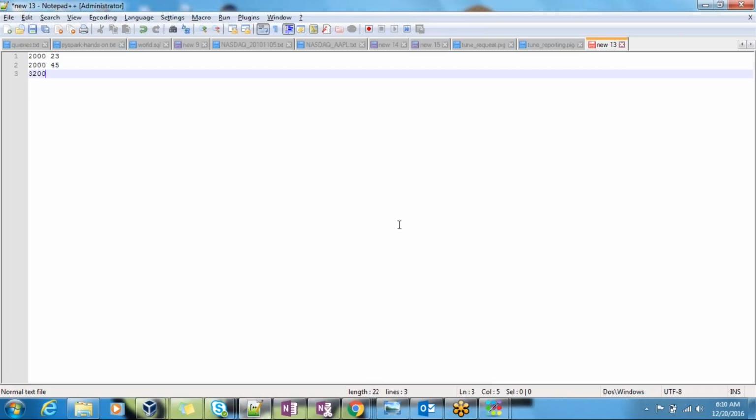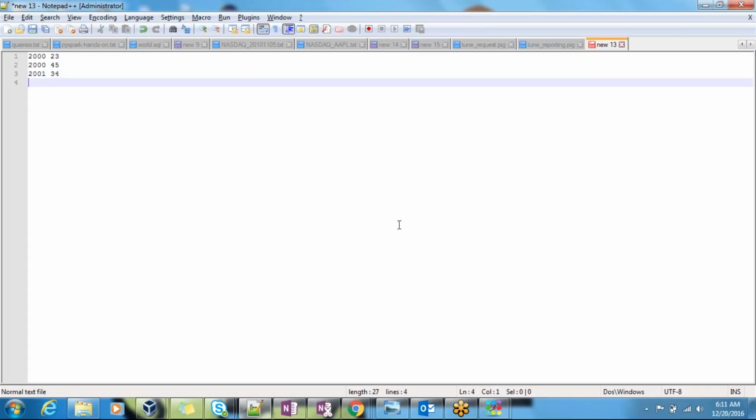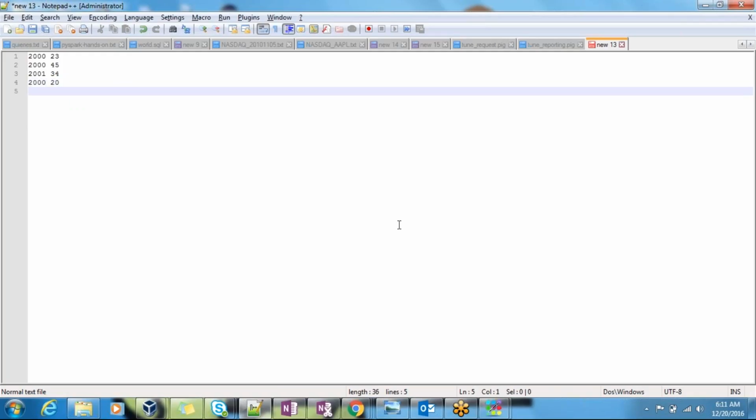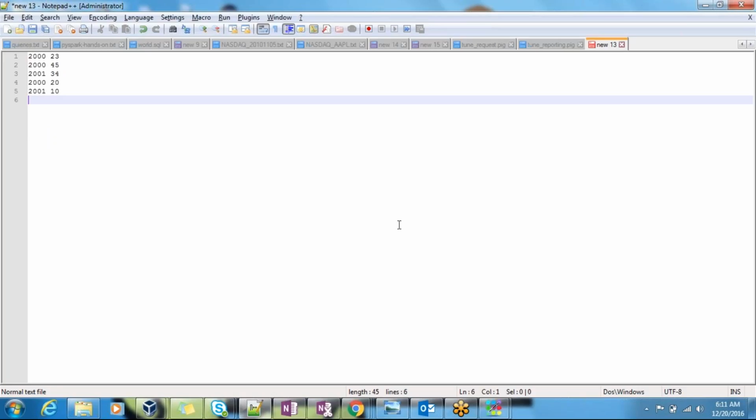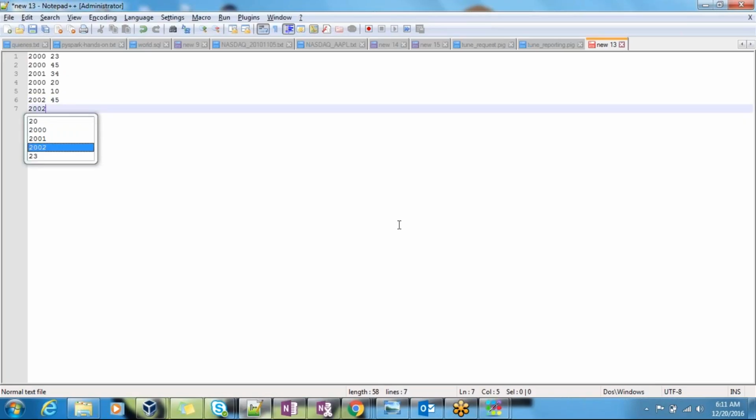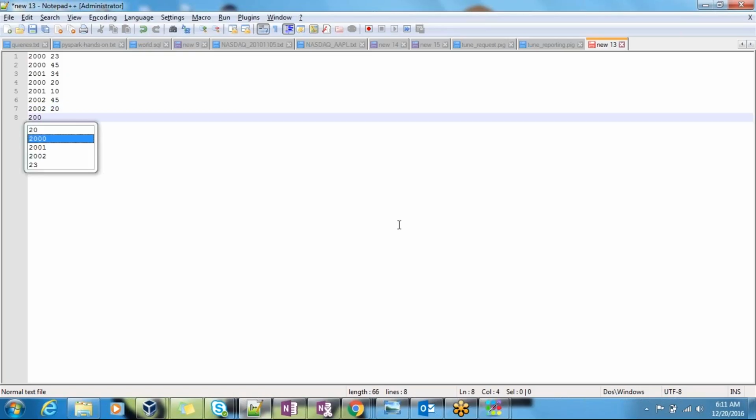In 2001, it was 34, and again in 2000 there may be a 20. In 2001 you may have a 10. In 2002 you may have a 40, a 45, and a 20.